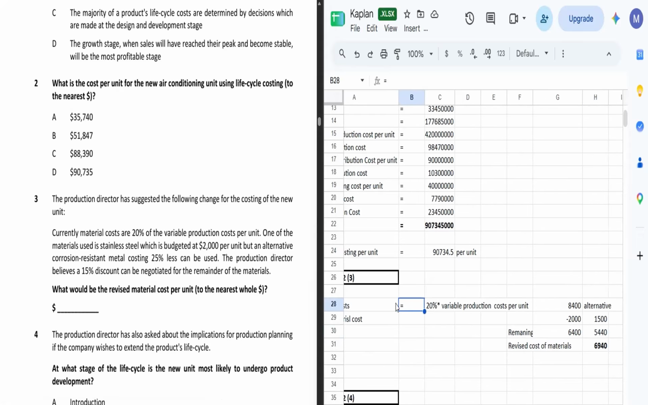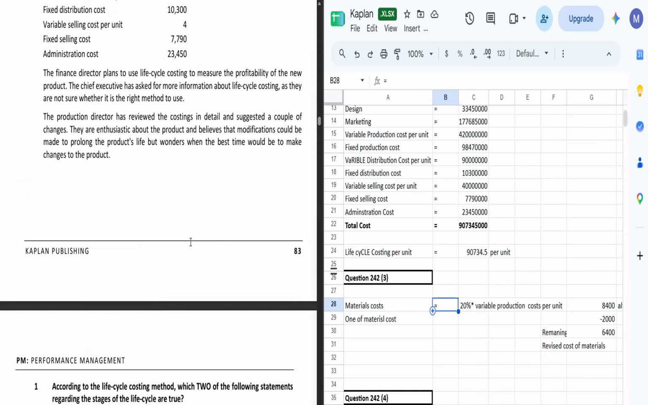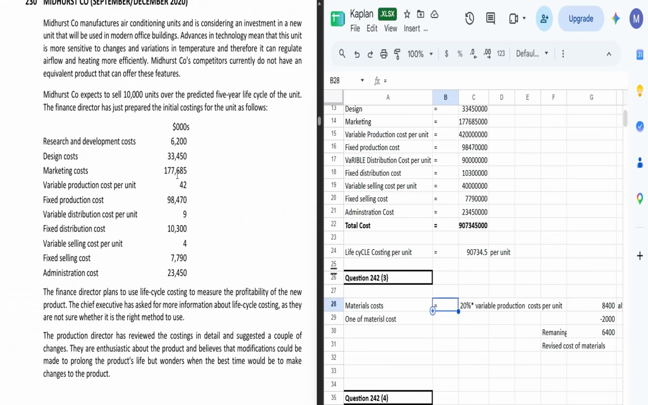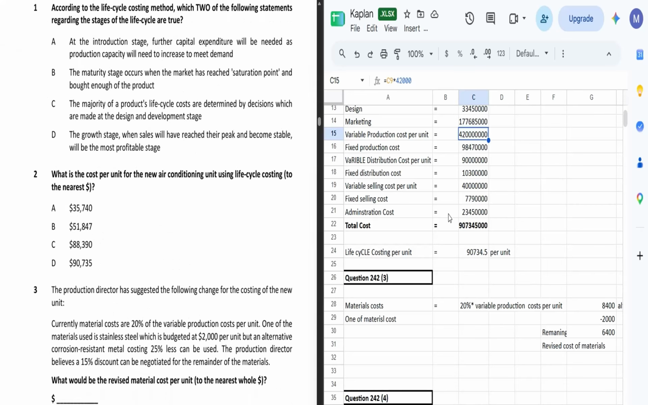So the question is saying material cost is 20% of the variable cost, and if you look at the variable cost, it is 42 per unit. So for 10,000 units it will be, sorry, it is 42,000 per unit. For 10,000 we would multiply 42,000 into 10,000, which I have done here, but we will just take 42,000 only because we are calculating per unit, if I am not wrong. See, so that's why